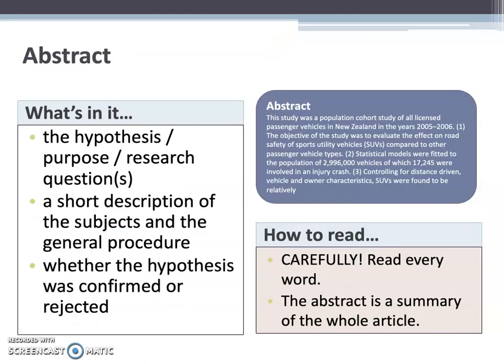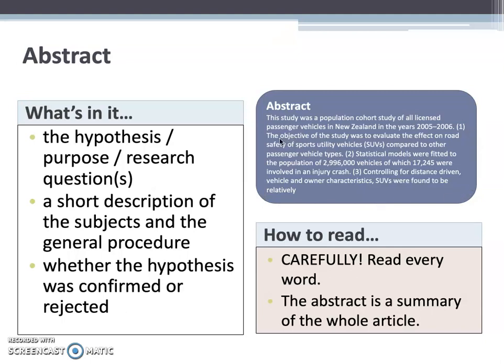So first of all, let's look at the abstract. What is in an abstract? An abstract might have the hypothesis, or it might have the purpose of the article, or it might have the research question. Sometimes an abstract will have only one of those things, sometimes two out of those three things, sometimes all three. If you look over here at this abstract,